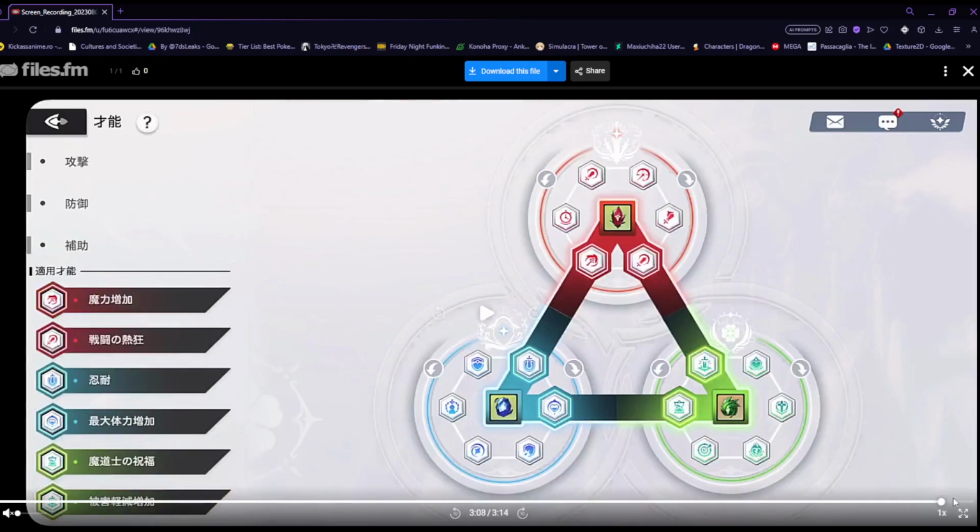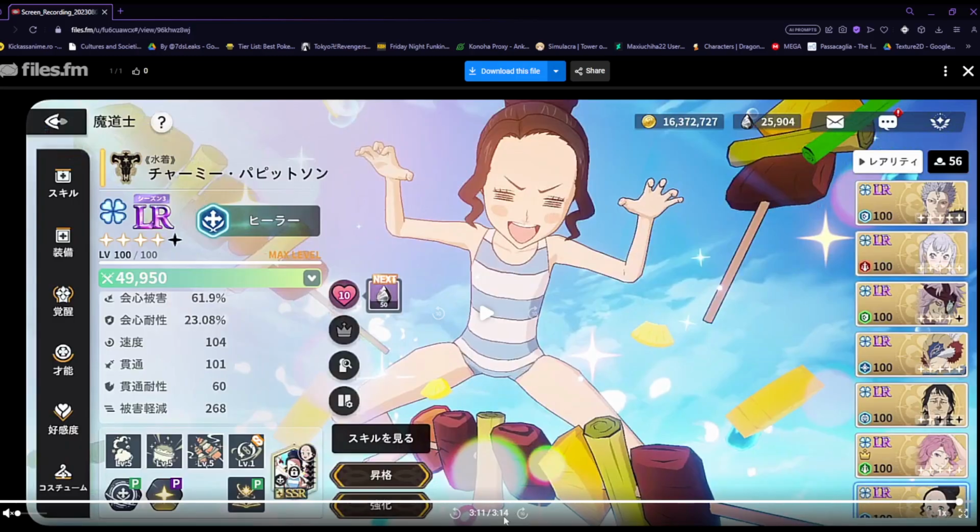So overall, this is how you would end up building your Charmy for the most part. And if you want to know how to use her, it's pretty simple. Just end up attacking with her. She's going to end up just healing your team. I would advise you to actually use the ultimate first before using the skill 2. Definitely your ultimate, then skill 2, then your regular attacks. She's really, really helpful for that. In fact, I think we have